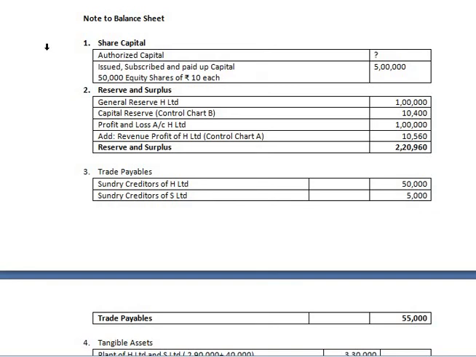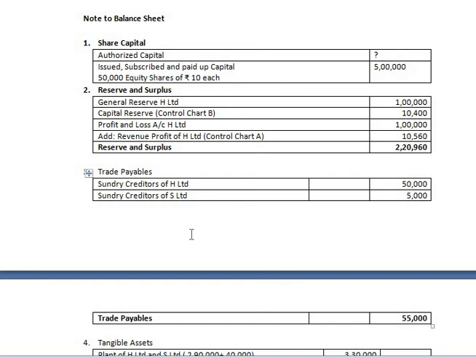Then regarding reserve and surplus, first of all, we take the general reserve of H Limited from the balance sheet. It's 1 lakh. Then the capital reserve we get from control chart B, that is 10,400. Then the profit and loss account of H Limited, again from the balance sheet, that is 1 lakh. Then you have to add the revenue profit of H Limited, that is the share of H Limited in the revenue profit of the subsidiary company. This we get from control chart A, which is 10,560. So the total reserve and surplus is